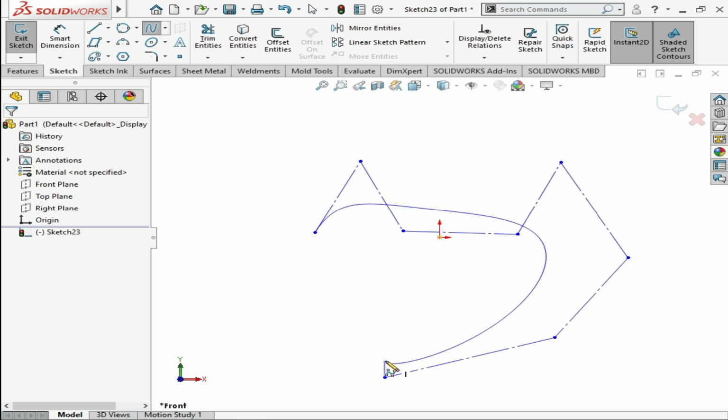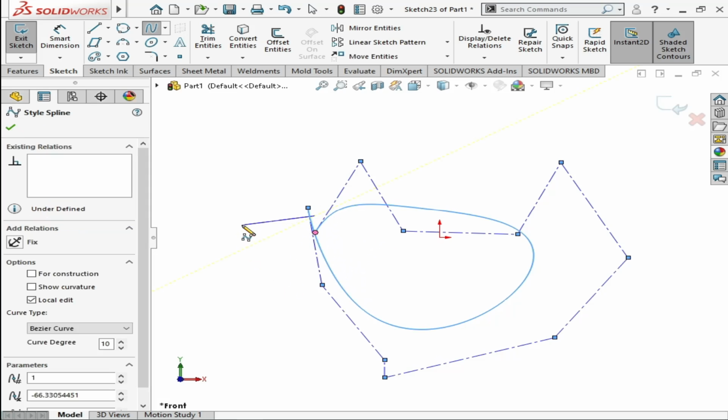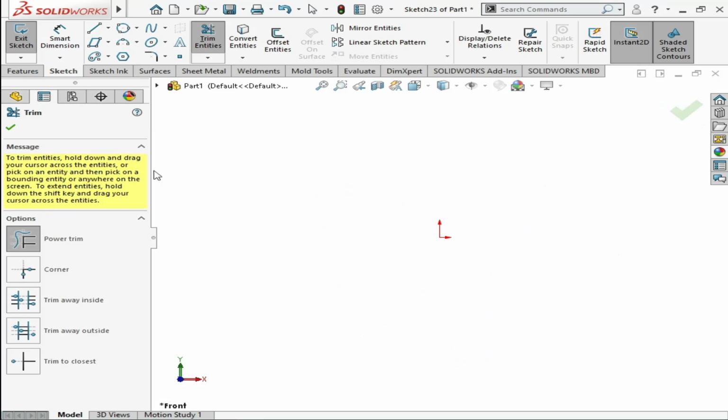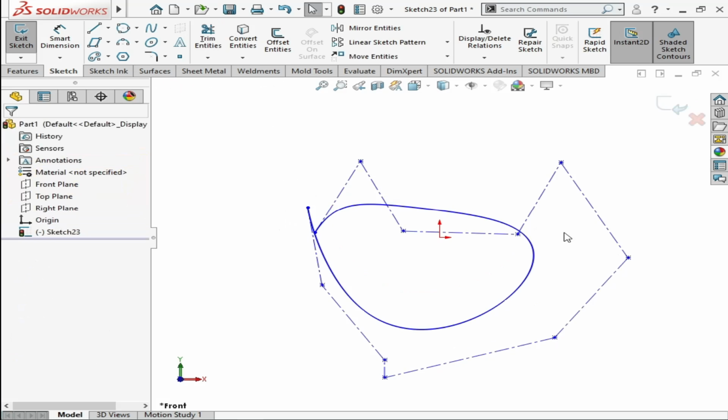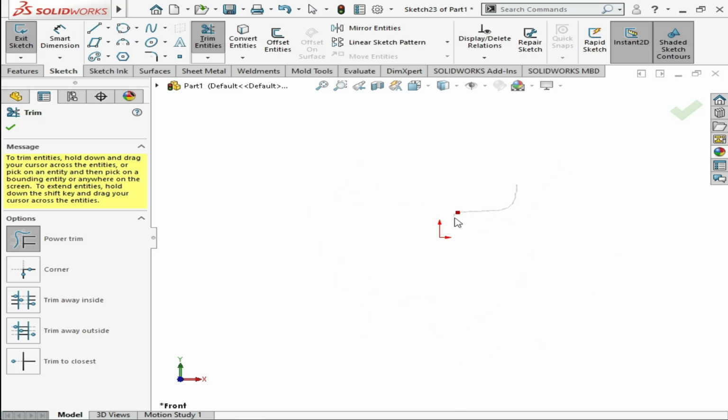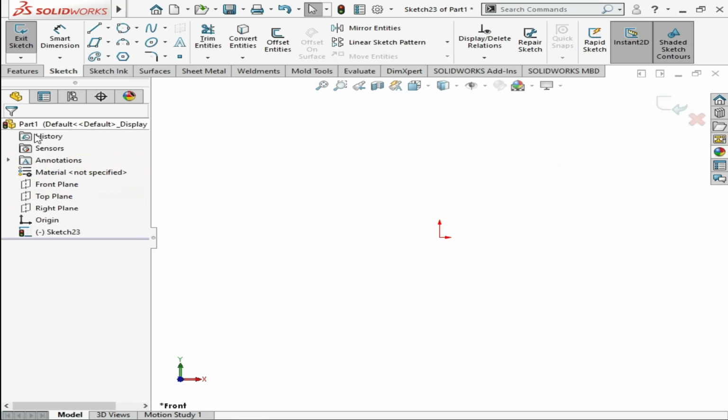In this way you can make geometries. For example, you want it here, after that you want it here, and you want it to be here. Click escape, and in this way you can make these geometries. And because the whole spline is only one line, when you trim or delete one part of the line, the whole spline will be deleted.